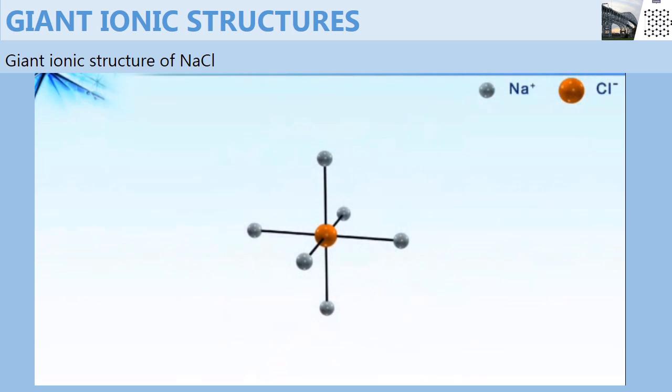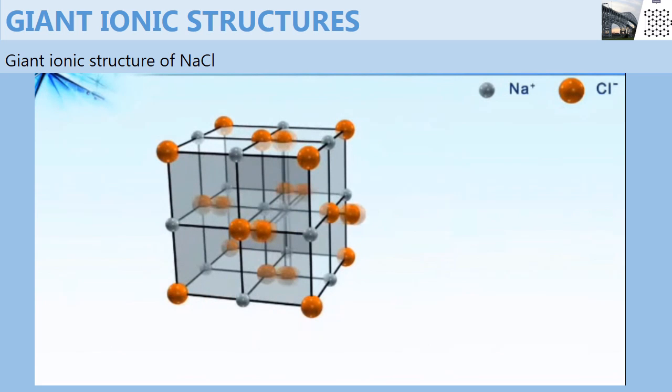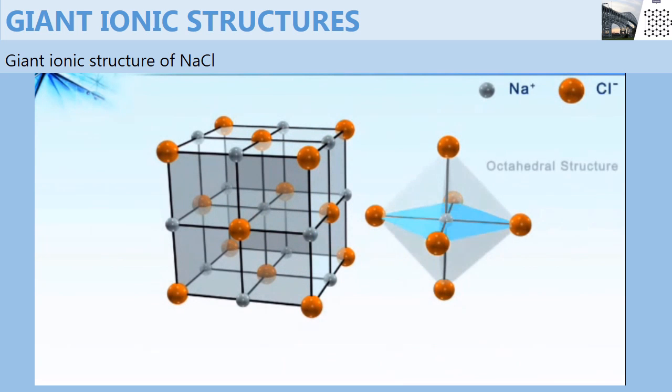And that is why you'll find that the structure of sodium chloride looks like a cube. When you look at salt crystals, they're like little cubes because this structure repeats itself over and over and over again with millions and millions of sodium and chloride ions. The structure is usually known as octahedral structure because it looks like 2 pyramids that have a square base put together, joined at the base, one facing up, another facing down, so we call it octahedral